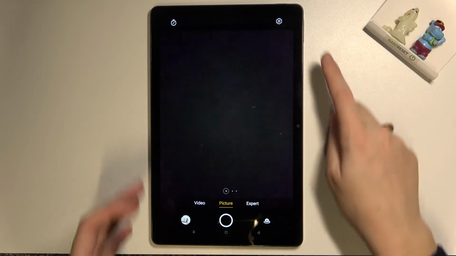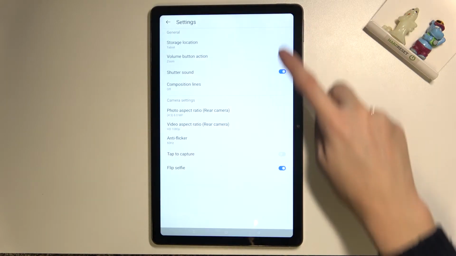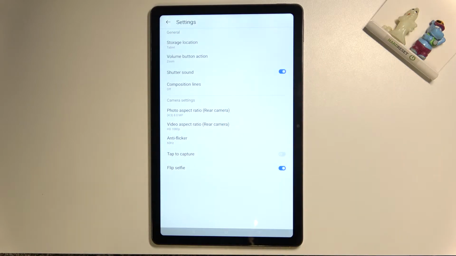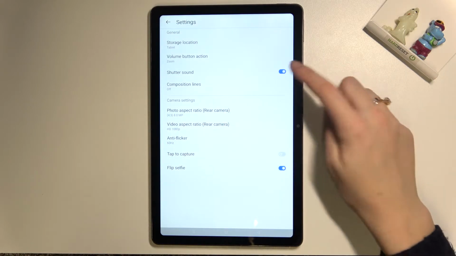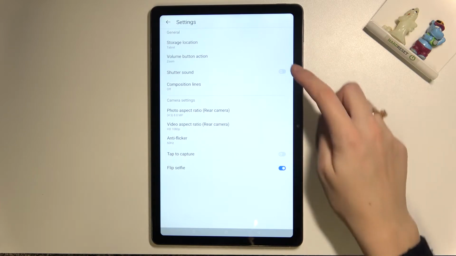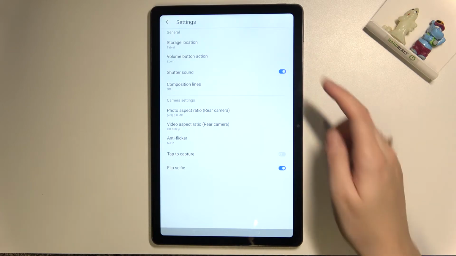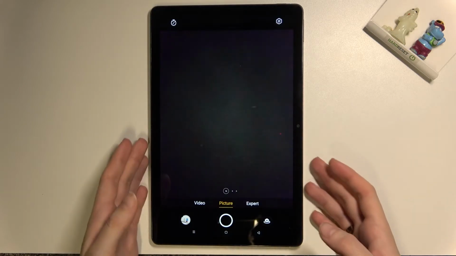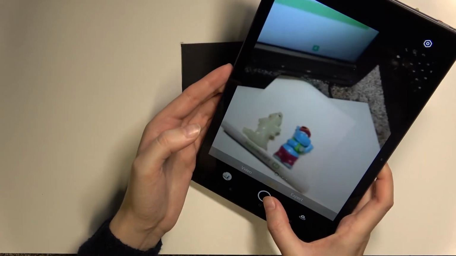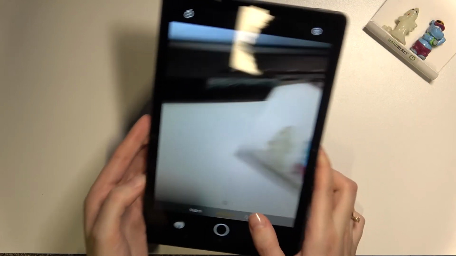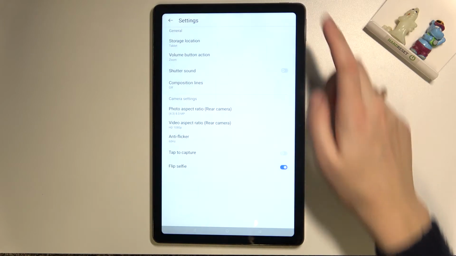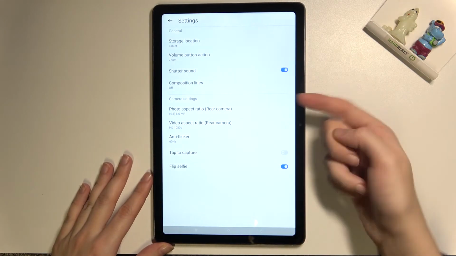To turn it off, let's move to right corner button so we can open camera settings, and here at the third place we have shutter sound option, so by tapping on the button from the right we can easily turn it off and turn it on as we need. Let me keep it turned off, and when we move back to camera and take another picture, we can't hear sound. And of course, when we go to right corner settings once again, tap to shutter sound to turn it